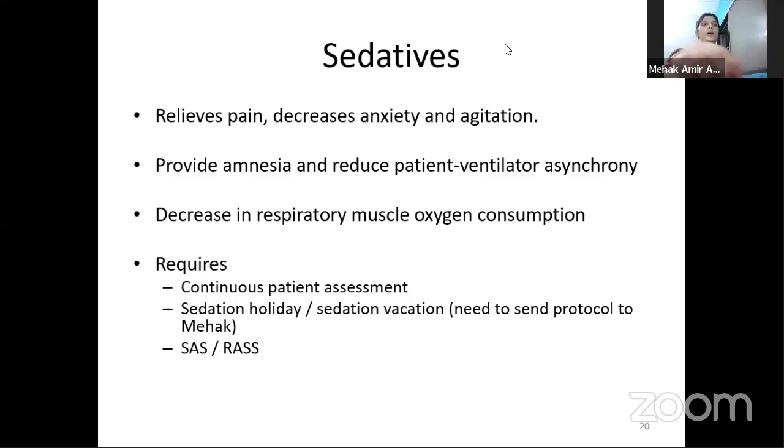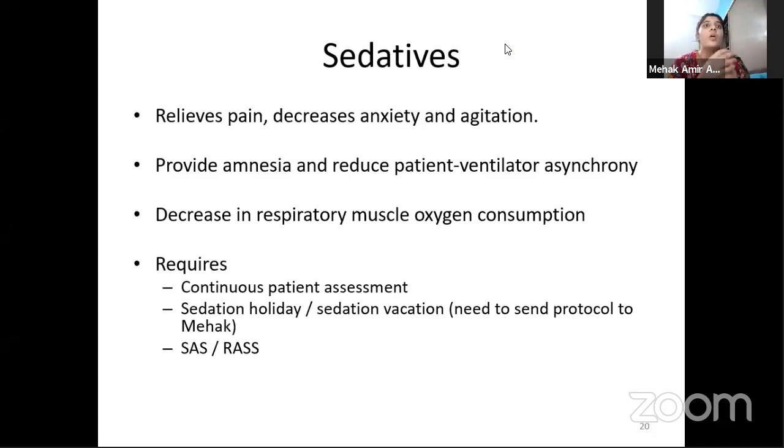Now, here comes the sedative part. So you remember the case scenario where Mrs. N was advised, the physician advised you to start sedation as Mrs. N was not breathing properly on a ventilator. So actually, a sedative is a